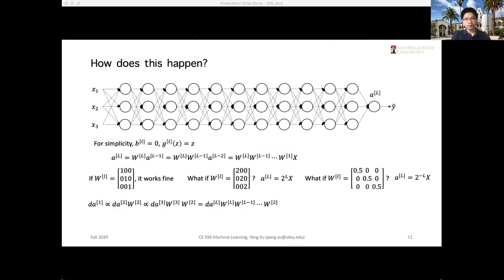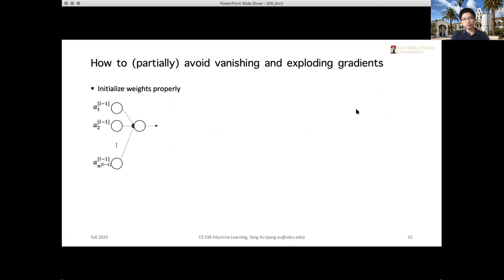Okay, so the same thing would happen to the gradients, and we definitely want the gradients to be within a reasonable range, not to explode to some extremely big values or vanish to zero. So we can partially avoid this by setting the initial values of the weight parameters properly. Okay? So for example, if we zoom into